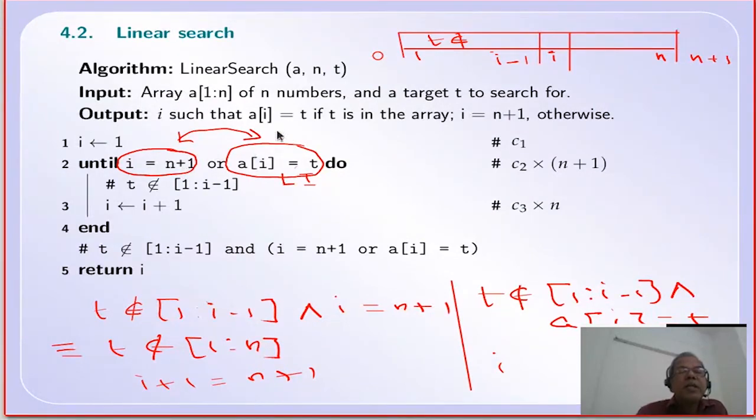Then when you come to test here, that means I is not equal to n plus 1. If I is equal to n plus 1, the algorithm would have terminated. If I is not equal to n plus 1, then you can test A at I. Suppose you interchange